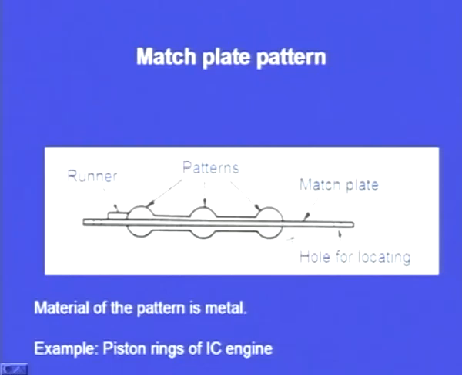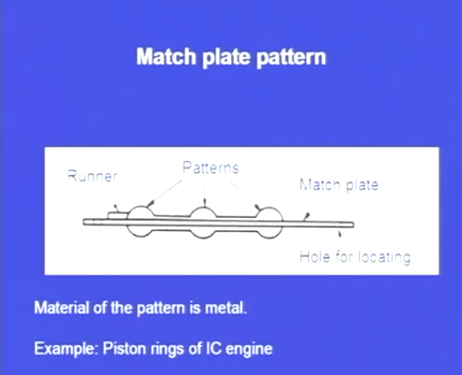Initially we take the drag box and we place the molding sand, and then we place this match plate and it will be compacted. Then over this we place the cope, again we place the sand and that sand will be compacted, and while doing so we have to take care that the drag box and cope box are properly aligned, otherwise after the withdrawal of the pattern there will be misalignment. So, for that there will be dowel pins, so that they will be properly aligned,